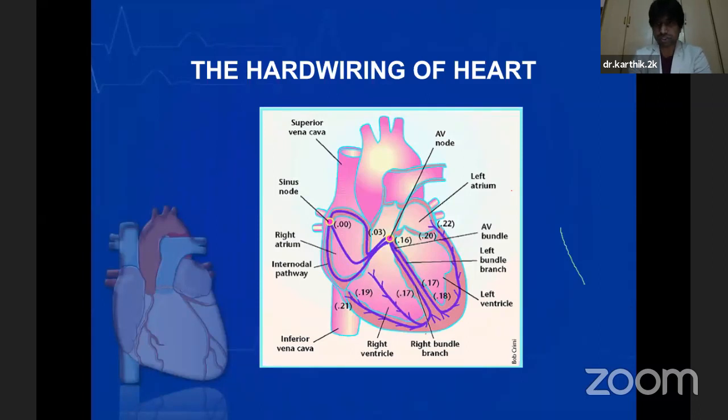So this whole sequence of events happens in a very sequential format. If you see in this diagram, at 0 seconds, the sinus node is activated, and at 30 milliseconds, the impulse is almost reaching the AV node. And after a brief delay, at 160 milliseconds, the impulse travels down the AV node to the bundle of His, and then the right and the left bundle branches, thus stimulating both the right and the left ventricle. Even the stimulation of the right ventricle and the left ventricle should be very synchronous. Any dyssynchrony in the long run would result in weakening of the heart muscle.